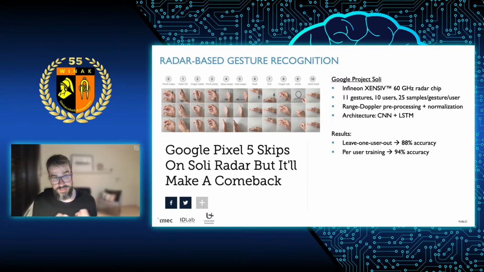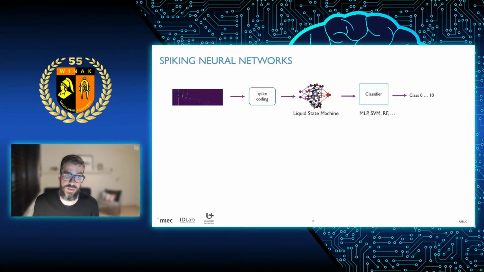What we tried is using the same data set of Google. We tried to do this with spiking neural networks, because radar information is really something which also happens in spikes and in a temporal way. And that's perfect for spiking neural networks to interpret these more non-typical vision or non-typical image type of things, but really more temporal inputs. We translated that to a spiking neural network combined with a liquid state machine. And then we were able to build a system which was able to do the same type of gesture recognition.